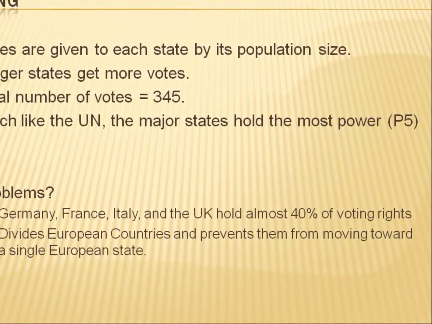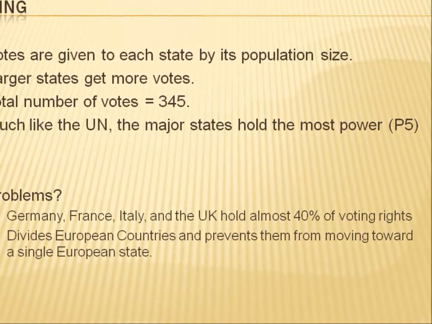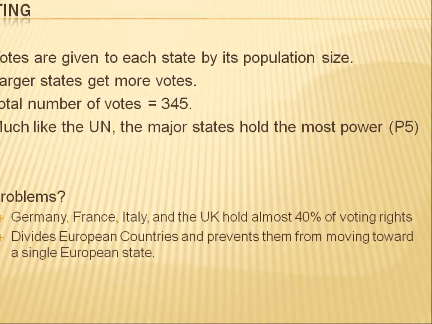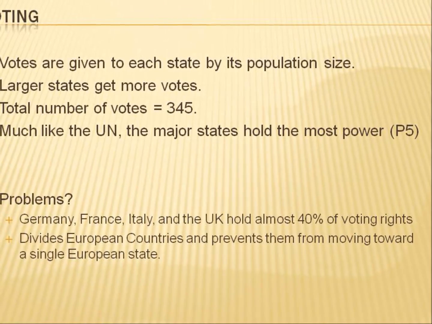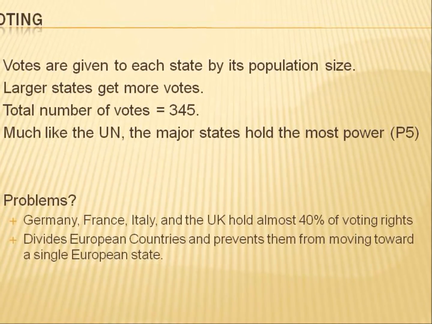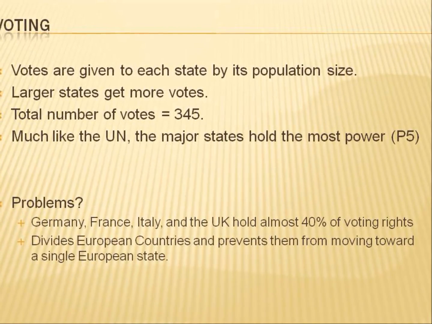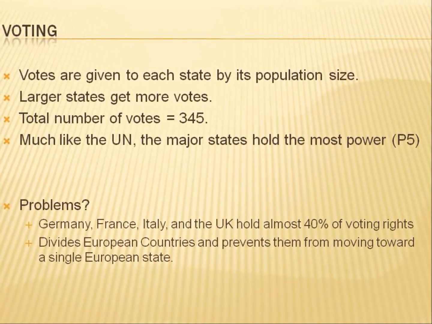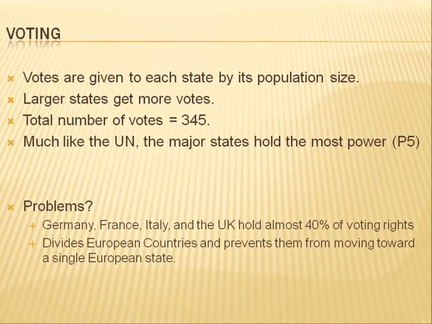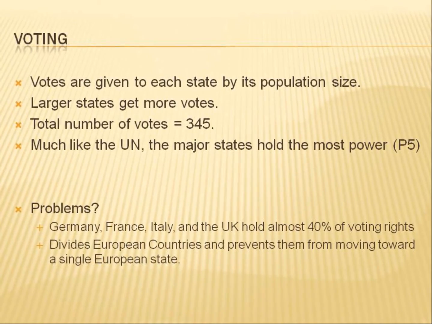Voting. Votes are given to each state by its population size. Larger states get more votes, and the total number of votes is 345. Much like the United Nations, the major states hold the most power. Many problems arise from this. Germany, France, Italy, and the UK hold almost 40% of voting rights. This divides European countries and prevents them from moving towards a single European